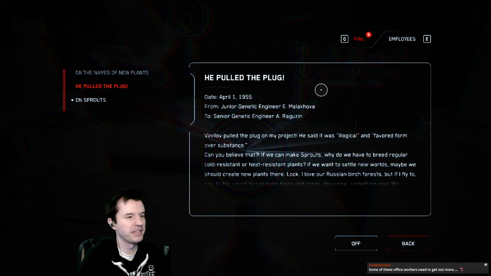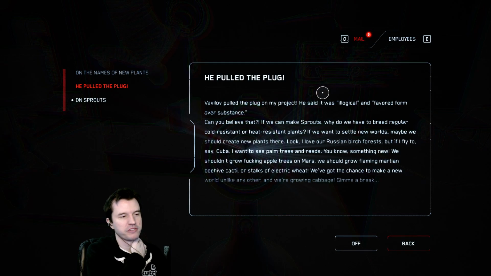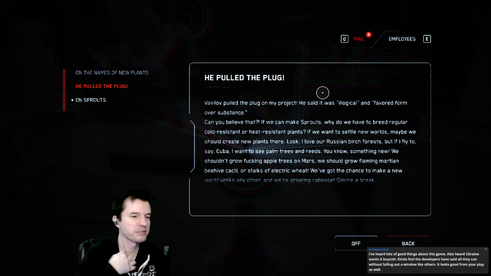He pulled the plug from Malakova to Ragozin. Vavilov pulled the plug on my project. He said it was a logical and favored form over substance. Can you believe that? If we make sprouts, why do we have to breed regular cold-resistant or heat-resistant plants? If we want to settle new worlds, maybe we should create new plants there. Look, I love our Russian birch forest, but if I fly to, say, Cuba, I want to see palm trees and